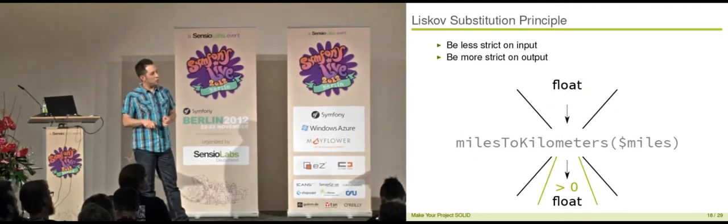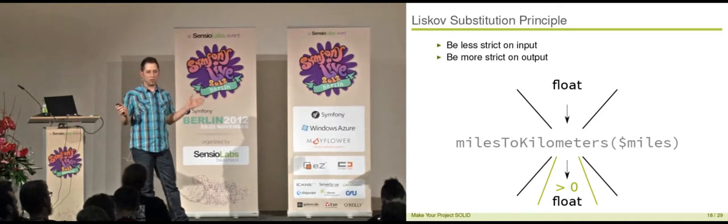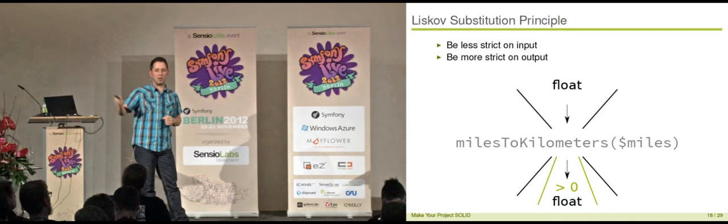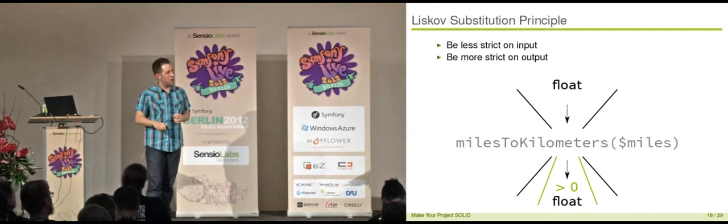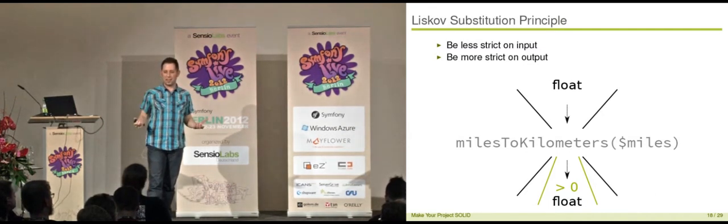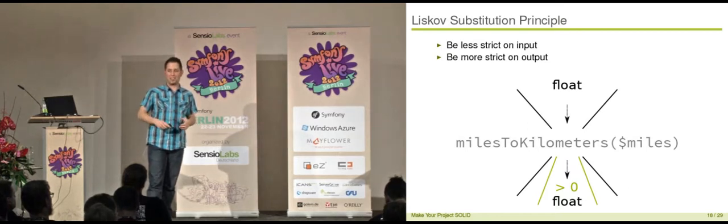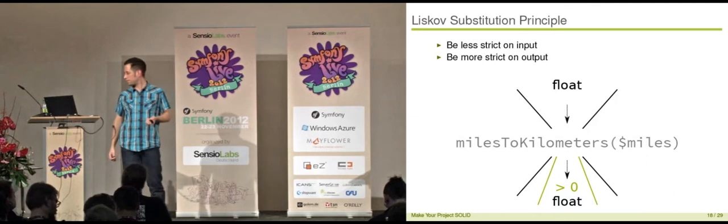The other thing is, if you only return floats greater than 0, everything is fine. Everything works. But it may not throw the exception, because the exception is another thing which is output. It is some kind of output which nobody accepts from it. It's not the return value, but it's still output from your method.